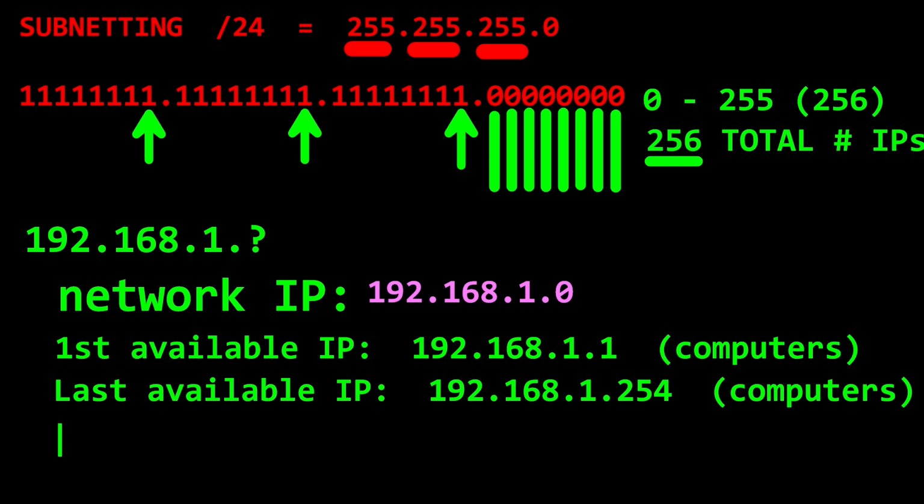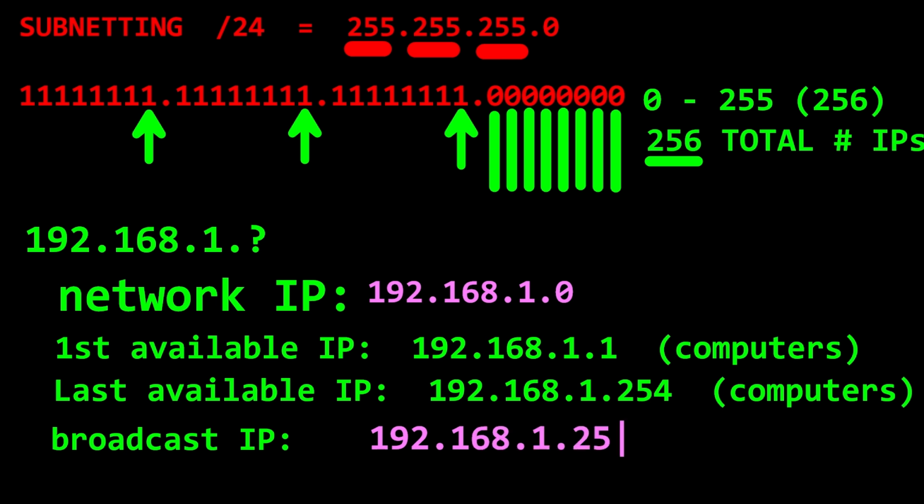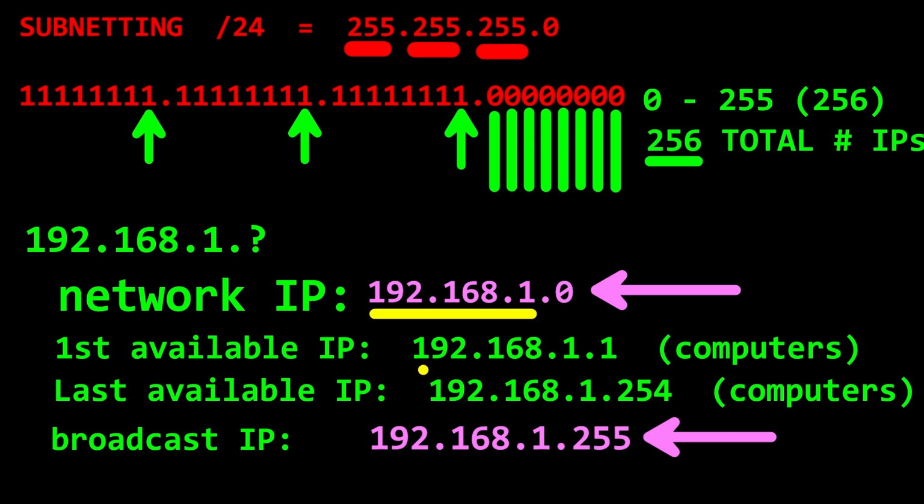Now we need to figure out the top end. This is called the broadcast IP, and it is the other bookend. The other bookend with this network is going to be 192.168.1.255. So we started with a low bookend that defines the network, 192.168.1.0, and our high bookend is 192.168.1.255. Remember, these numbers don't change for this network because the subnet mask is the boss